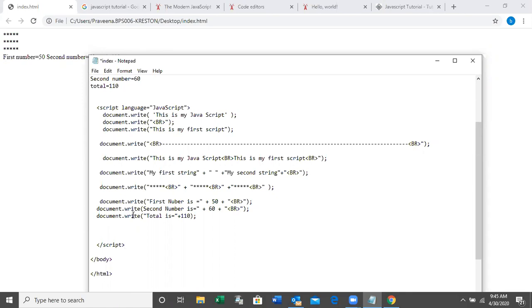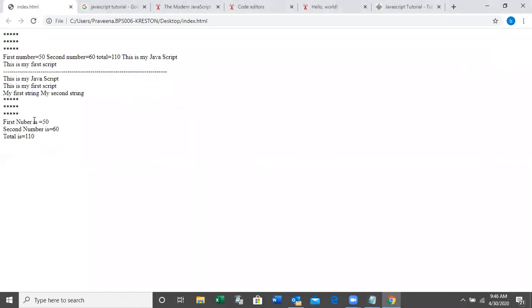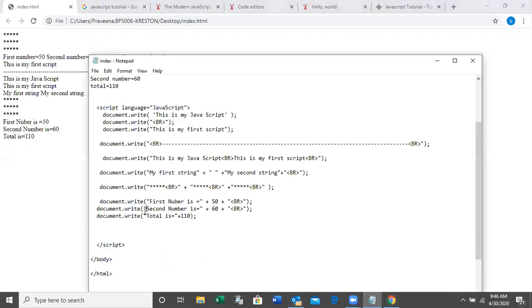So document dot write, I forgot to put this inverted comma. That's why. Okay. So first number is 50. Second number is 60. Total is 110. I missed this inverted comma. So all the strings must be within double inverted commas or single inverted commas. Don't forget to put the inverted comma. Then plus 50, 60, 110. Okay. This is how we can write text using JavaScript.